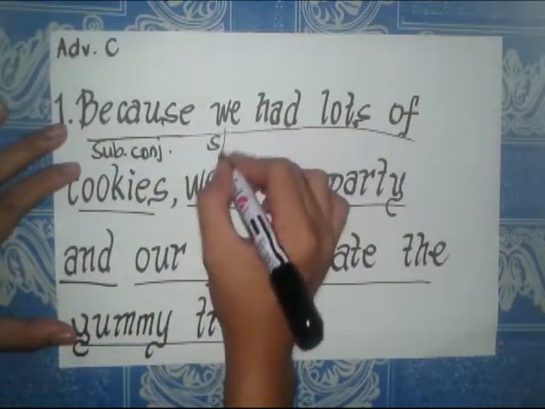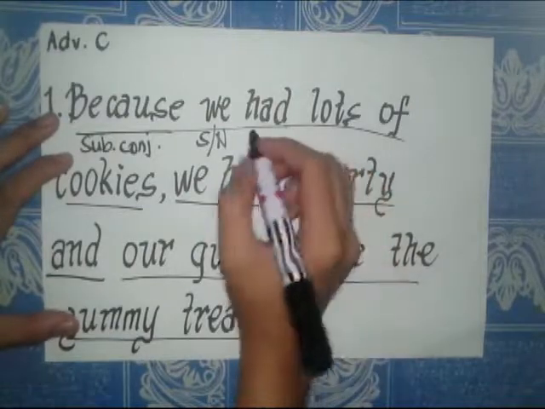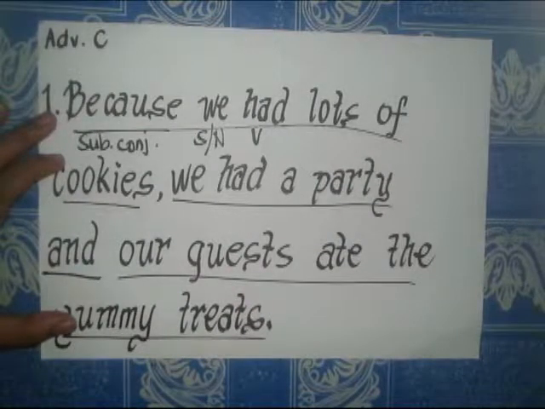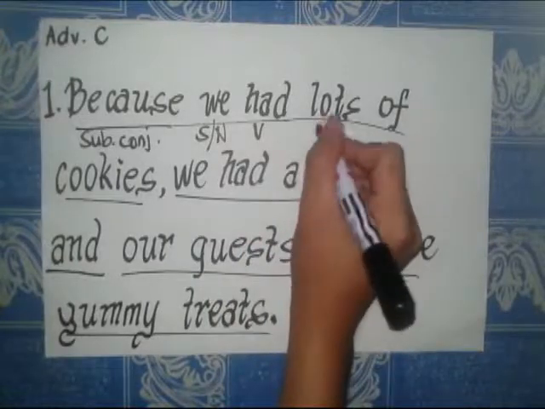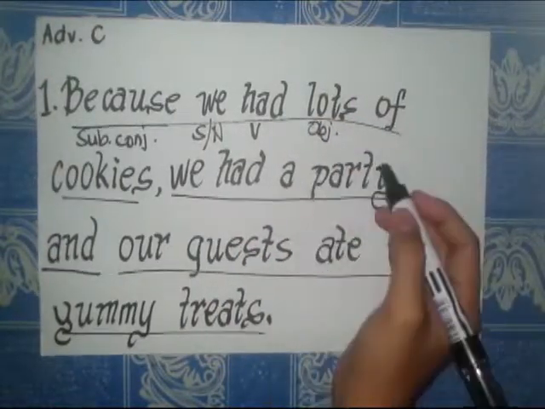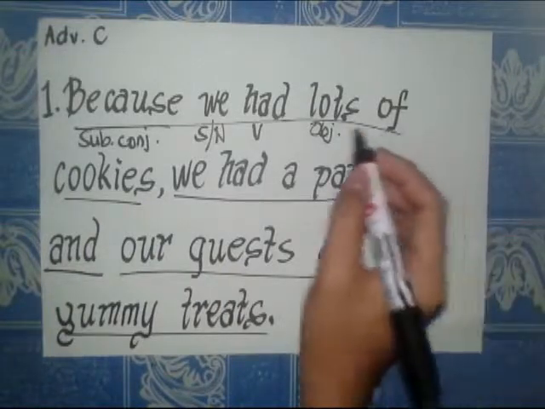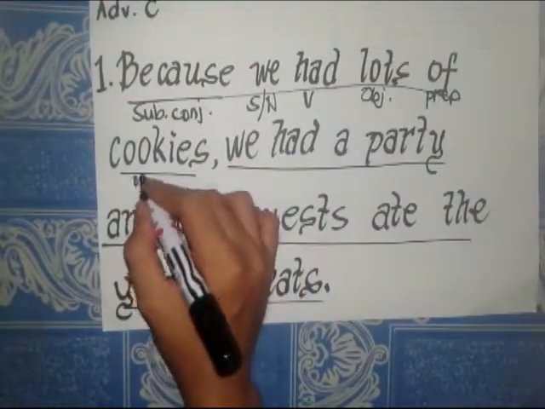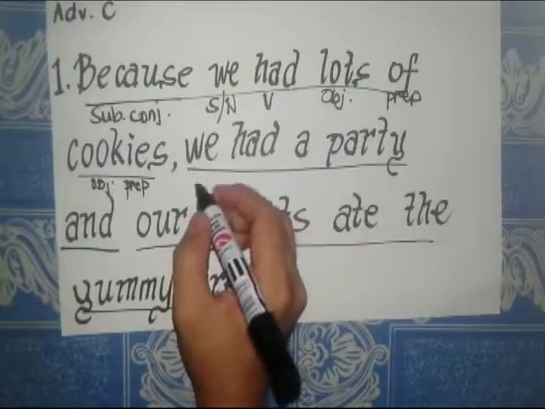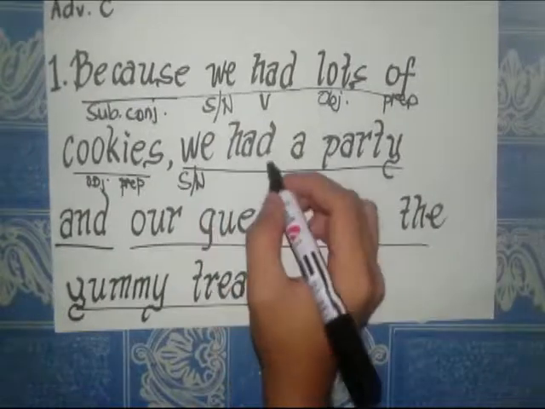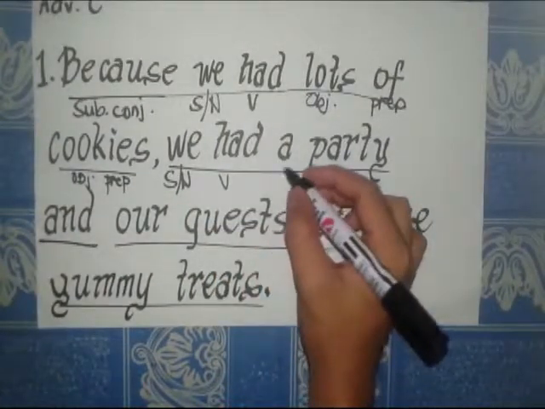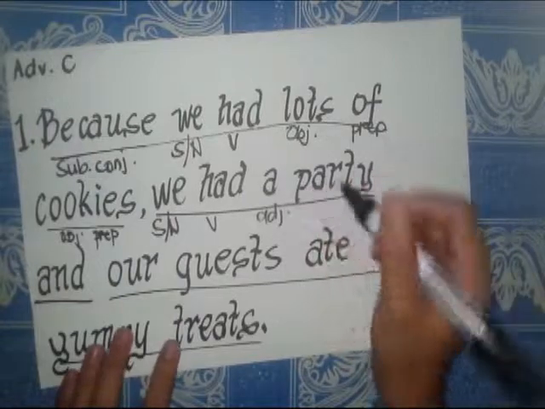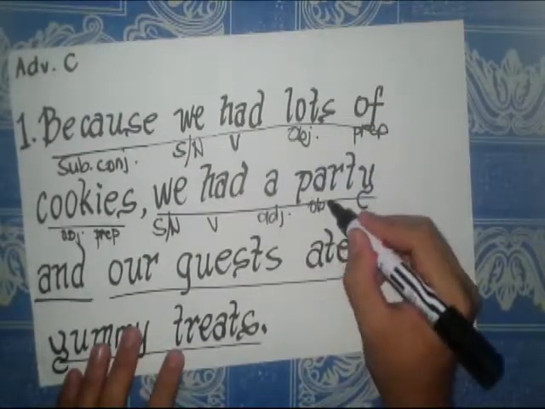So because here is the subordinating conjunction, we as the subject or noun, had is a verb, then lots as the object, then of cookies here is a prepositional phrase, then of is the preposition, cookies as the object of the preposition, then we as the subject, noun, had as a verb, a is an article, which functions as an adjective in the sentence, party as the object of the verb,